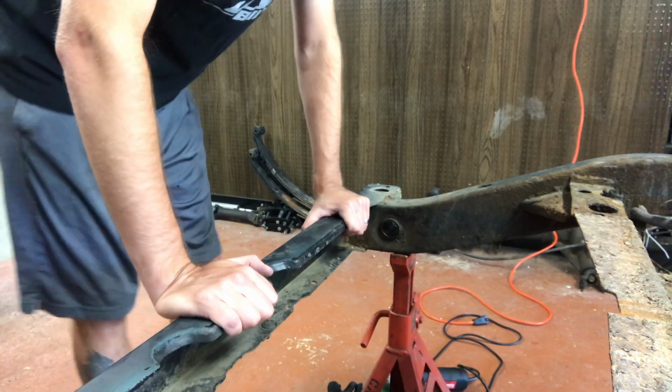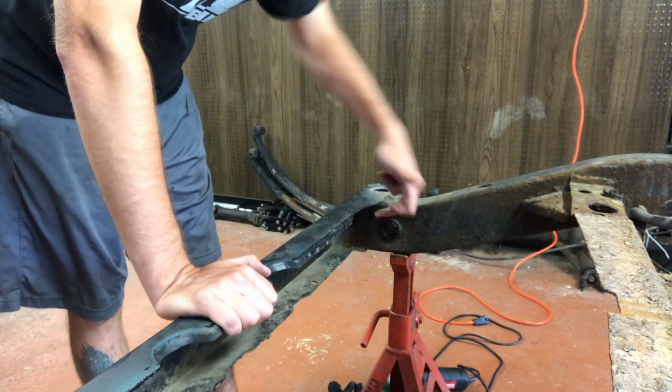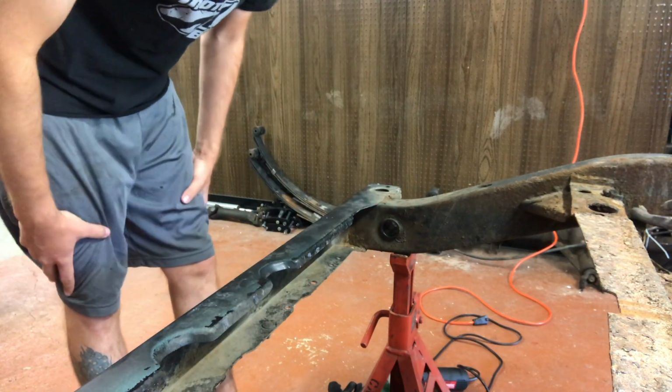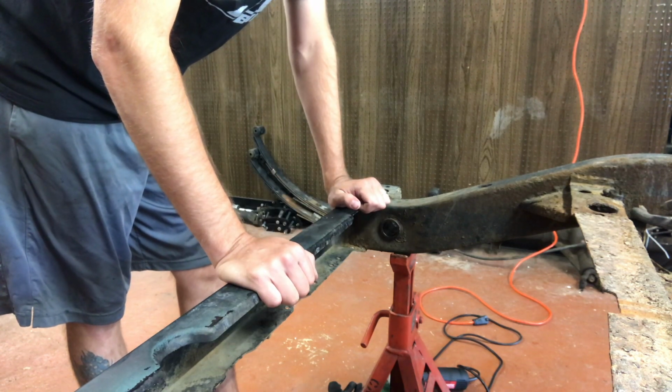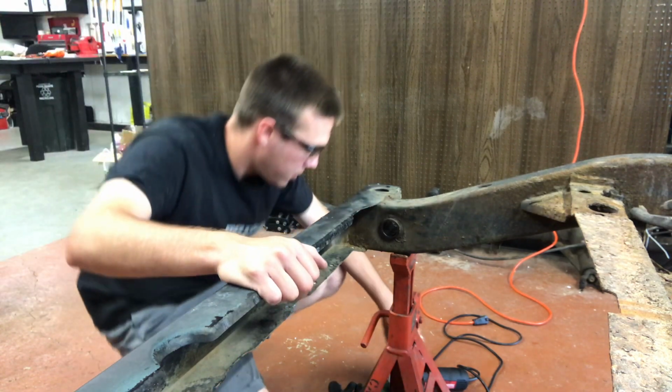And then the third benefit to having the body off is maybe a potential motor swap. We'll see about that. But alright, now that I've talked long enough, let's get back to actually working on this thing instead of just talking about it. Never done this before, but it seems pretty cut and dry. Cut the weld up top, cut the weld on the bottom, both inside and outside, and should be able to remove everything. If I mess up, you guys will get to learn from my mistakes, but it should be pretty easy. Main things, when you're using a cut off wheel with a grinder: